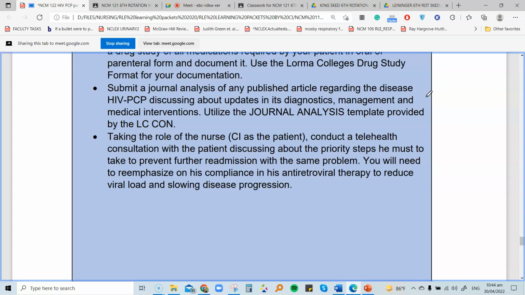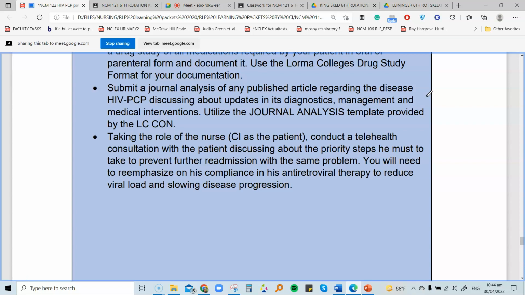Again, many patients die not because of HIV. Many patients die because they have acquired or contracted infection. And eventually, because their immune system is not strong enough to combat these opportunistic infections, they die. Imagine dying because nagkaroon ka ng pneumonia. But for a healthy individual, pneumonia can easily be treated because you have your antibiotics, right? Because that healthy individual has a working immune system. Pero that's not the case when you have your HIV. It's never the case for HIV patients and then opportunistic infection. It's a more complicated case.